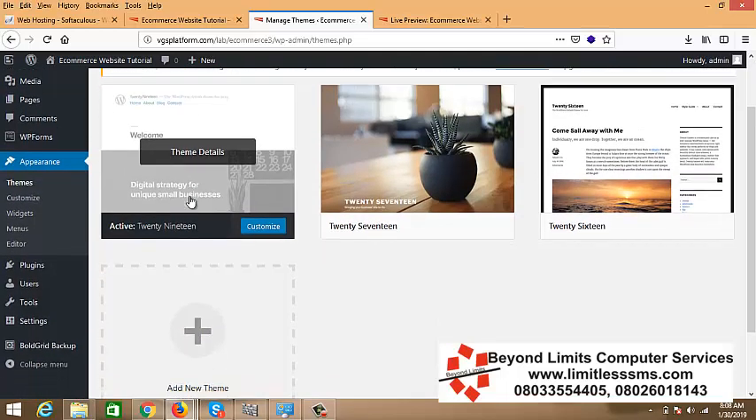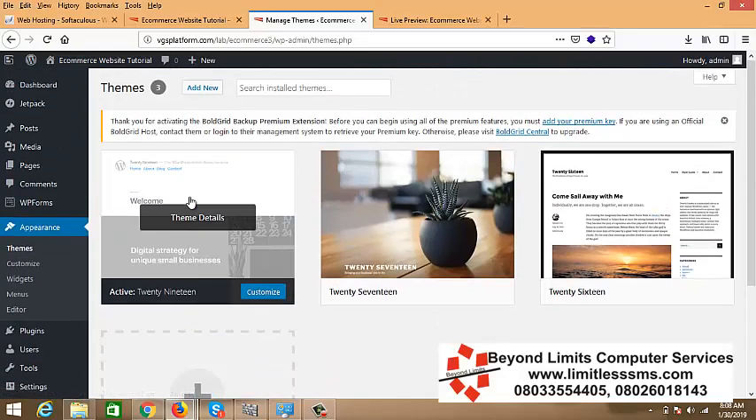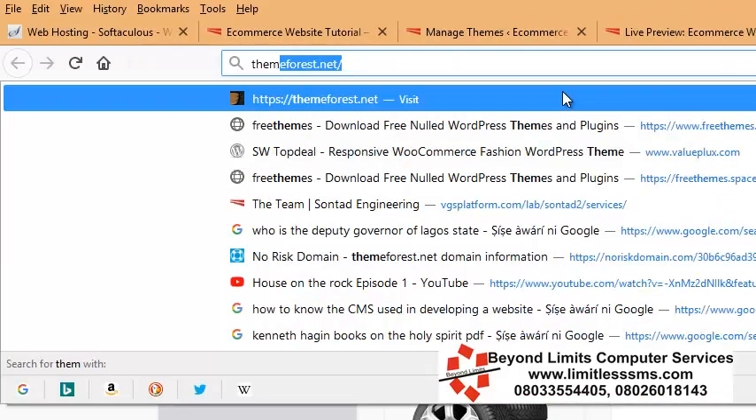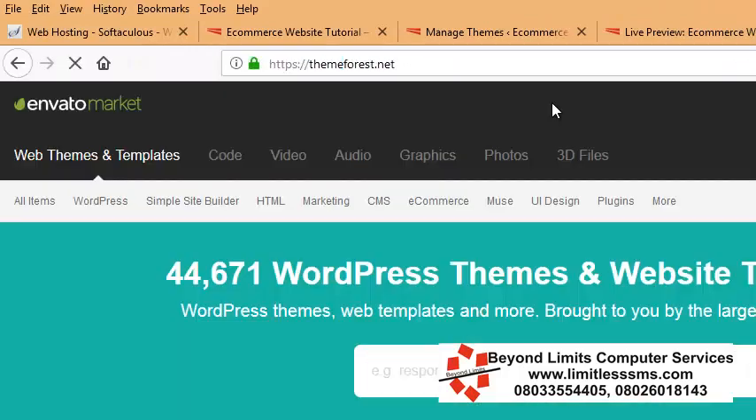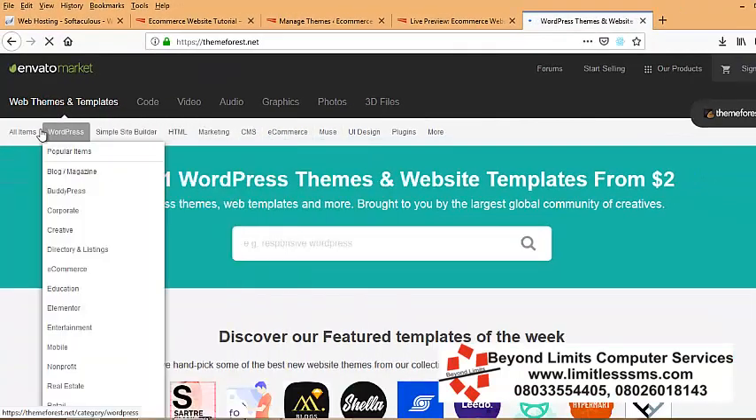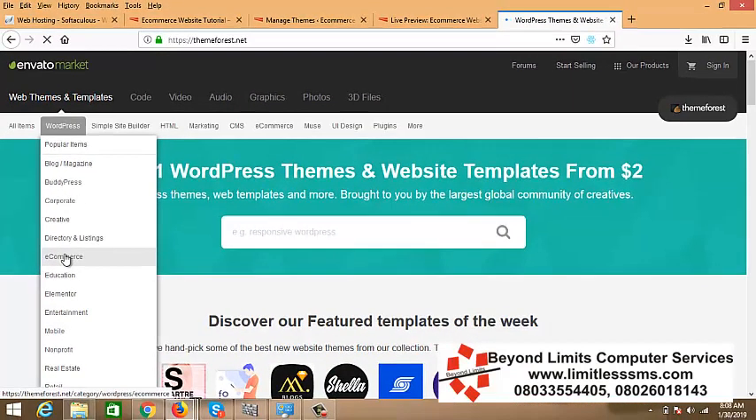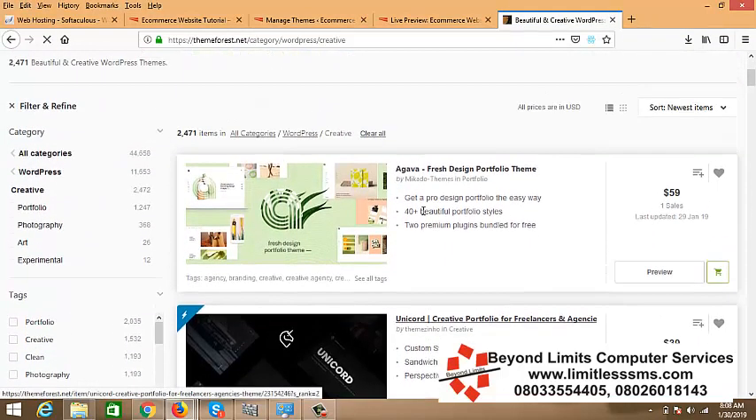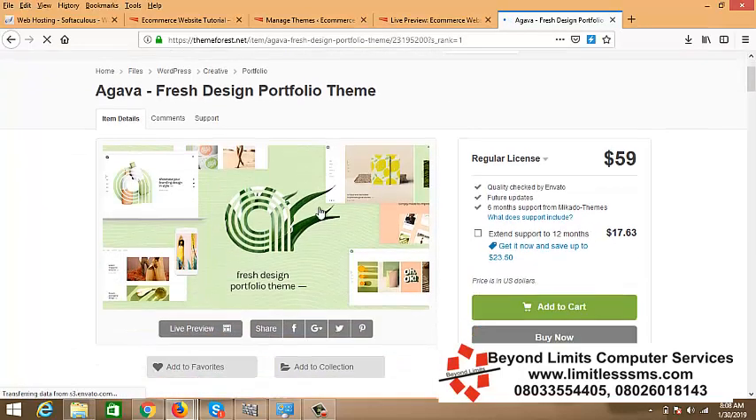Now, apart from default themes that come with the WordPress installation, you can also buy your own themes online. And a very good website where you can buy themes is themeforest.net. Look, they have different categories, and under WordPress you have themes for e-commerce, which is what we are dealing with right now. So this is an e-commerce theme. Let me just click on this so that you get a clear picture. This is what this theme looks like. If I click on live preview,